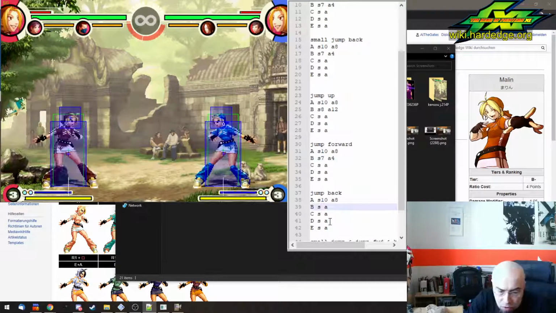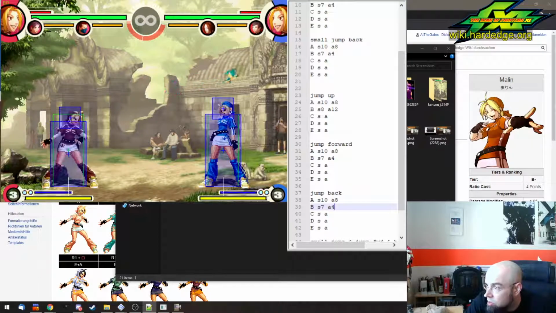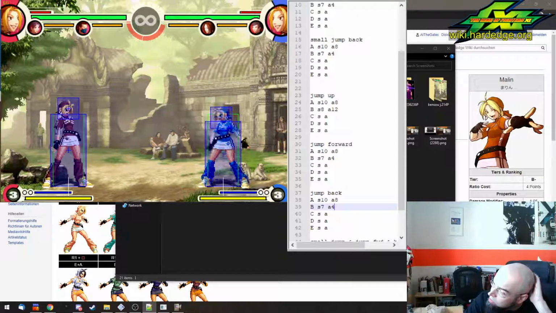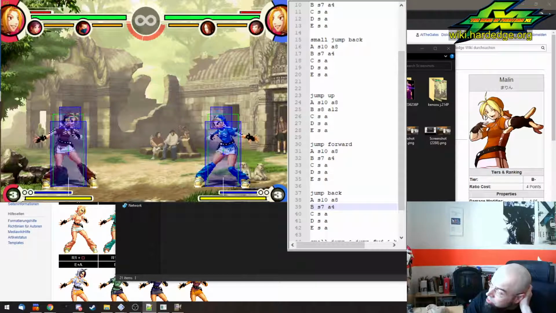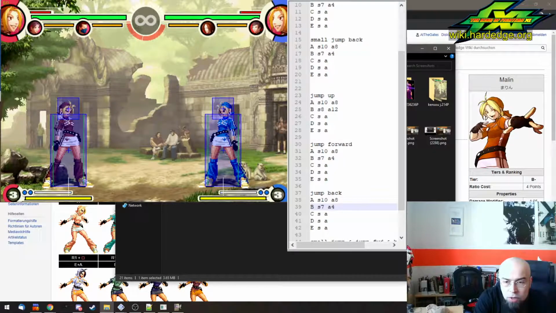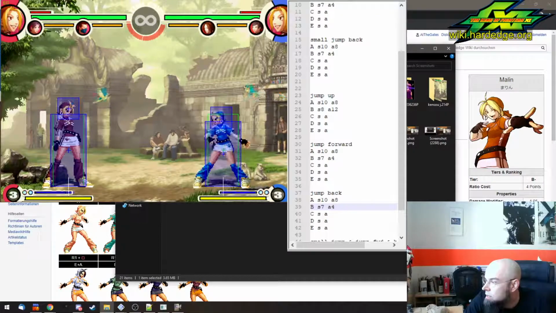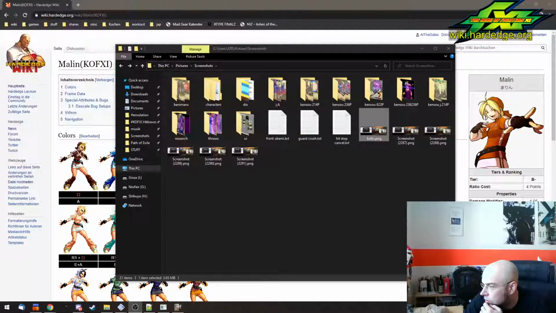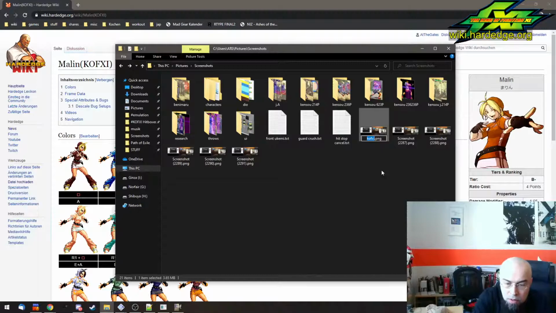Now we have to edit them and compare them. I expect them once again to be the same. I mean, jump up B is gonna be unique, and I could see small jump up B being different than jump forward and jump back, but we will see. Let me just rename the screenshots again as always. So let's disable the emulator windows again so you can see what I'm doing. So this is KOFXI